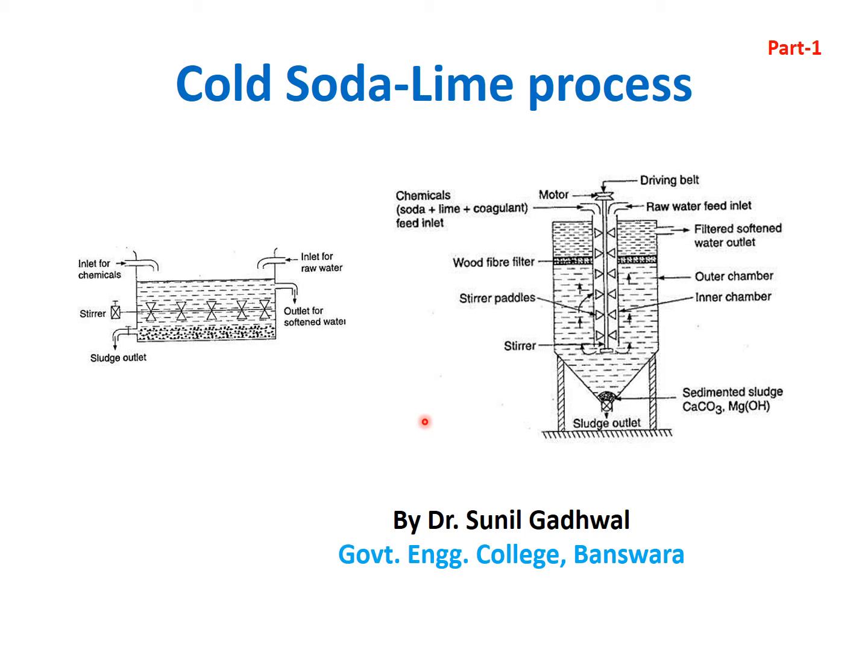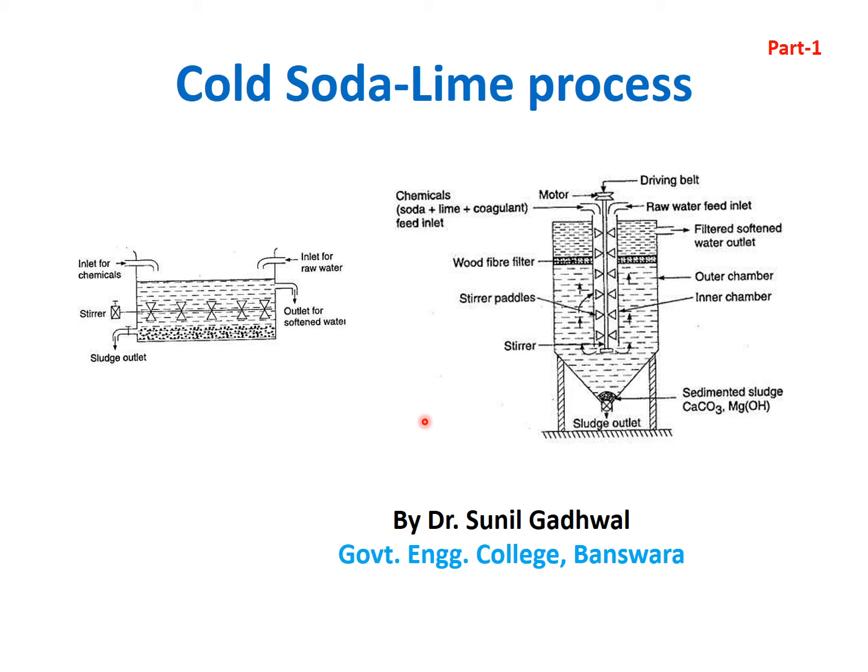Basically, there are three methods for purification of water, or in other words, hard water can be converted into soft water by using these three methods. One is the lime soda process, second is the zeolite process, and third is the ion exchange method. About the zeolite process and ion exchange method, we have discussed in previous classes. Today we are going to discuss